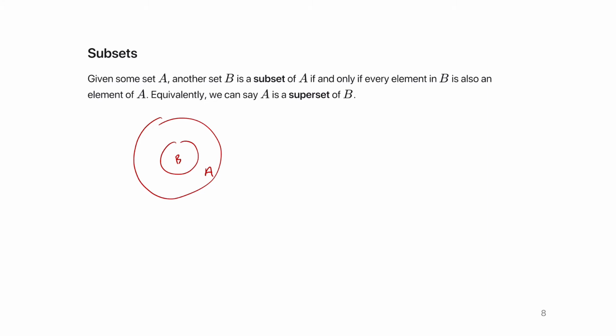Okay, so let's introduce some notation. To say that B is a subset of A, you can write B ⊆ A. It looks almost like a less than or equal to sign and a greater than or equal to sign. You know, in whatever year they teach it, they say the alligator points to the bigger thing. In this case, the bigger thing is the set with more elements. Okay, the same principle applies. Is that okay?